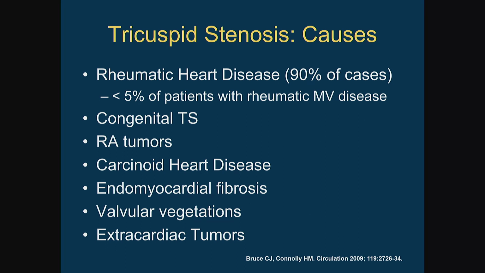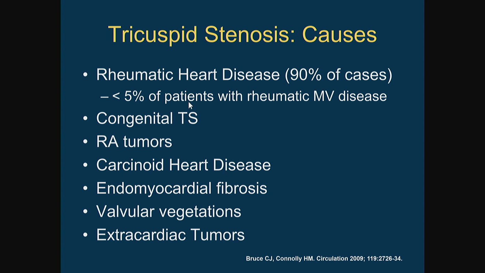We'll shift gears now and talk a bit about less common pathology, including tricuspid stenosis and pulmonic valve disease in adults. Briefly, tricuspid stenosis is extremely rare in the developed world because rheumatic heart disease accounts for nearly 90% of the patients. But in general, amongst patients with rheumatic mitral valve disease, less than 5% develop associated tricuspid valve disease, and it's very uncommon for rheumatic heart disease to affect the tricuspid valve without involvement